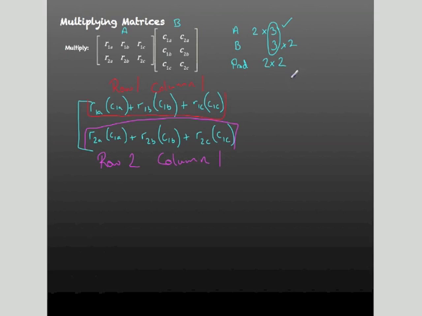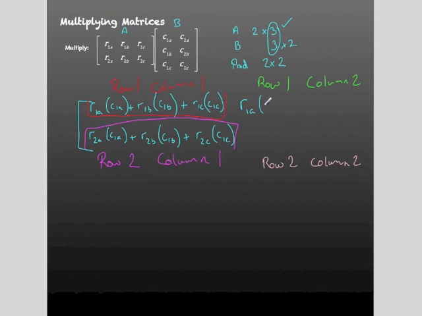So next we're going to look at row 1, column 2, and then finally row 2, column 2. So if I write this out quickly, we take the first element of row 1, multiply it to